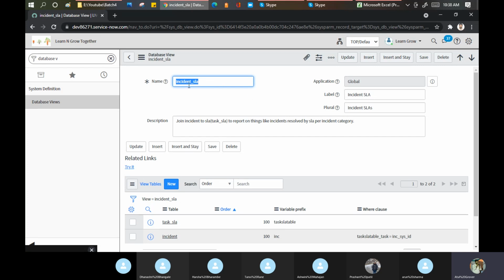So what this is saying basically, label means which report you want to run. I want to run a report of the incident SLA. Okay, label incident SLA plural. Plural basically, how this works basically, plural I can say. Let me check this. Okay, plural basically says, let's take an example.